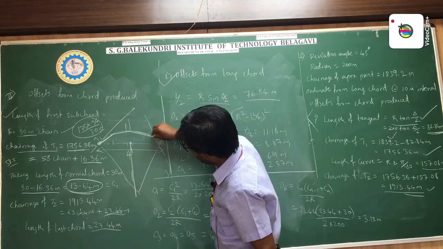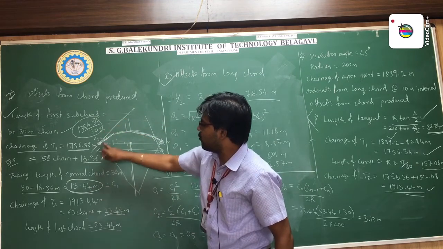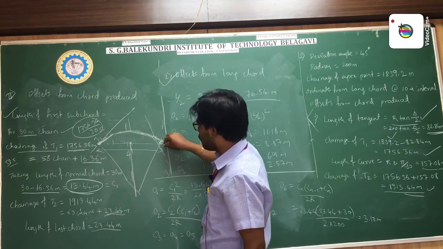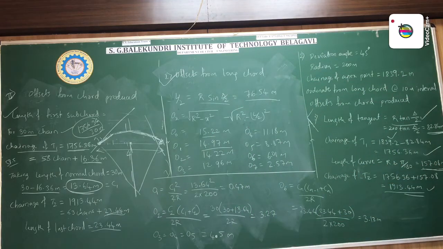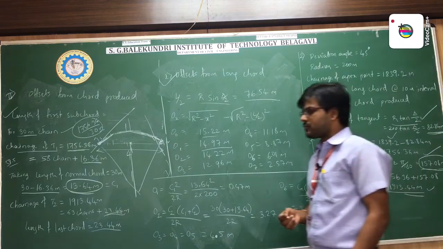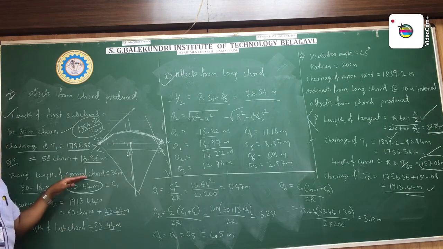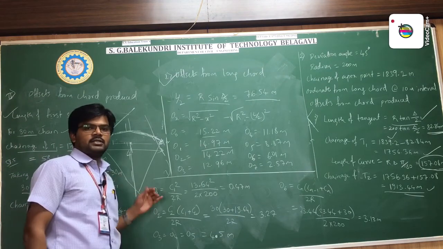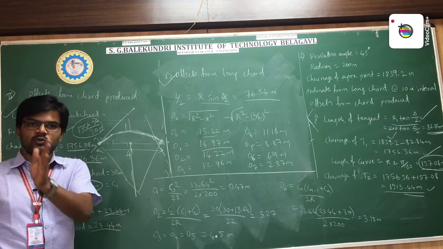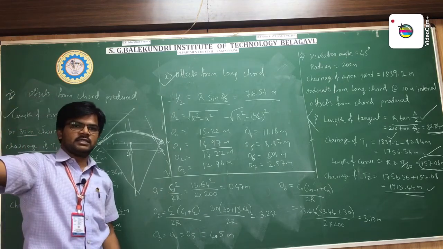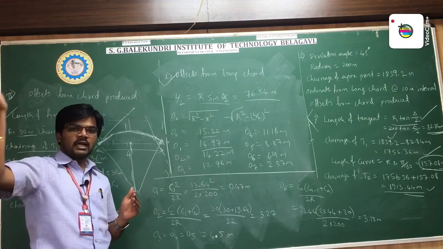It means here it will be 23.44, in between 30, 30, 30, and here it will be 13.64. Together, from here to here, it should become the length of curve, 157.08 meter. If I know the lengths of the first chord, the last chord and the intermediate chords, I can calculate the ordinates directly. Let us consider chords C1, C2, C3, C4, C5 and the last one C6. C1 is the first chord, C2, C3, C4, C5 are intermediate chords, and the last one is C6.